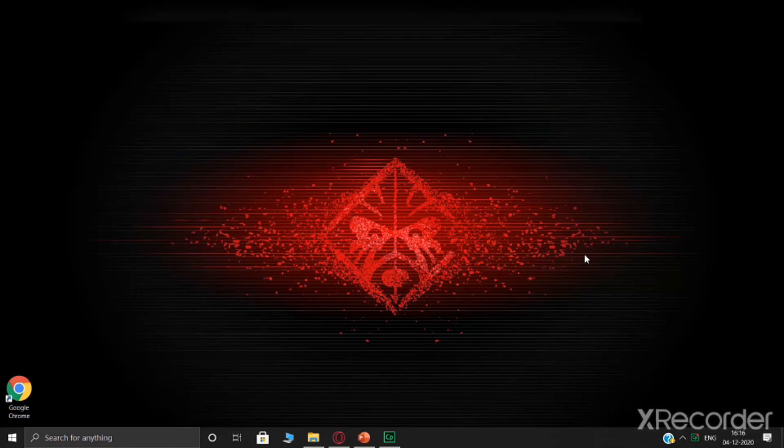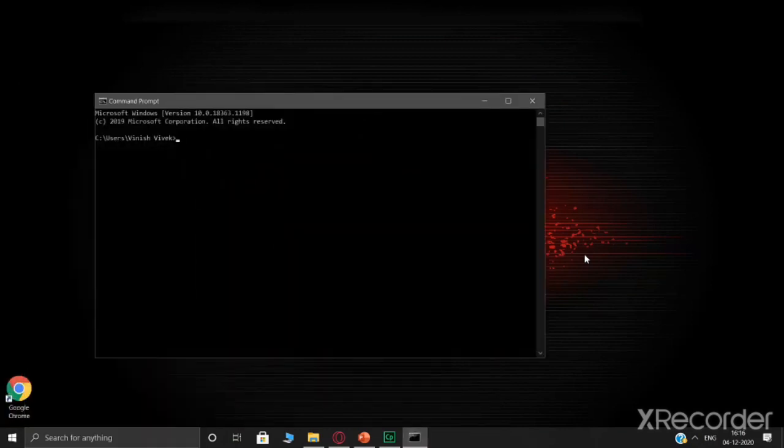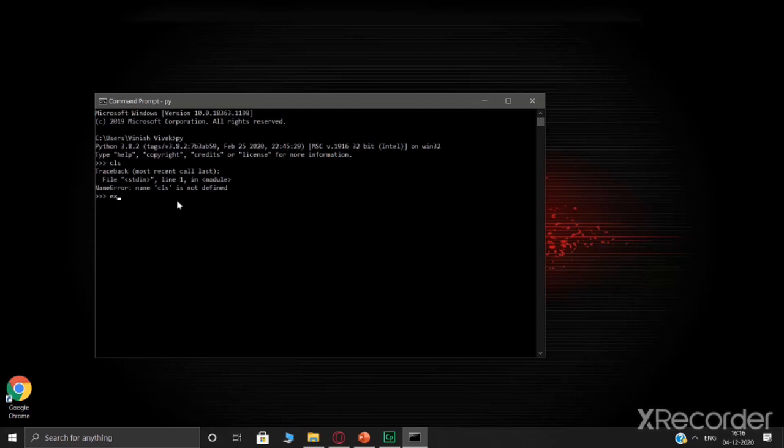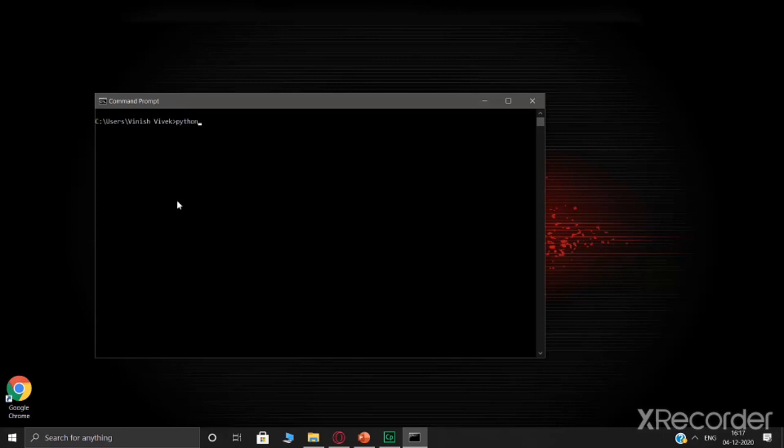The first thing you want to do is open your command prompt. Go into your start menu and write CMD for your command prompt. Over here, you can check what version is installed. You can write py and it'll show you, as it's showing us over here, Python 3.8.2. That's one way to do it. The other way is to write python space hyphen version and hit enter. Here too it's showing us Python 3.8.2.